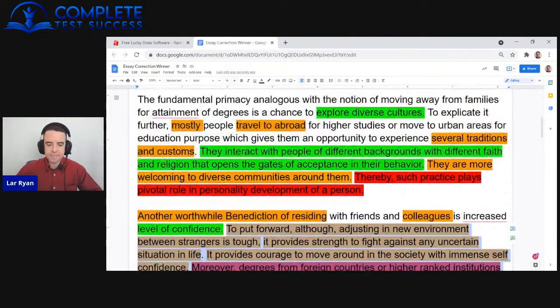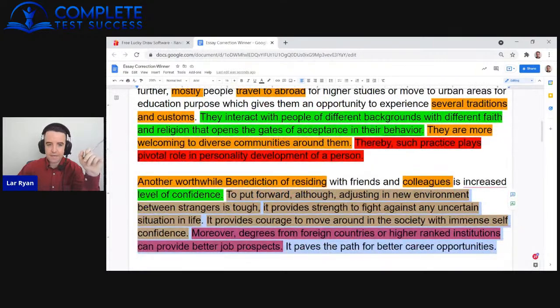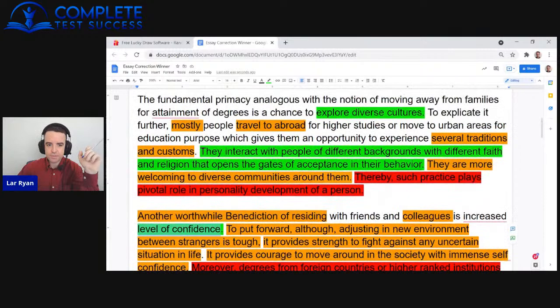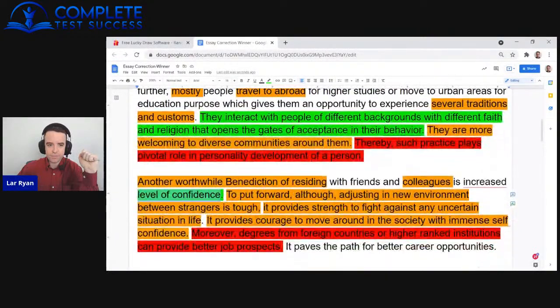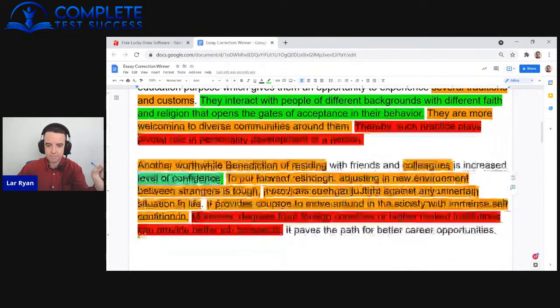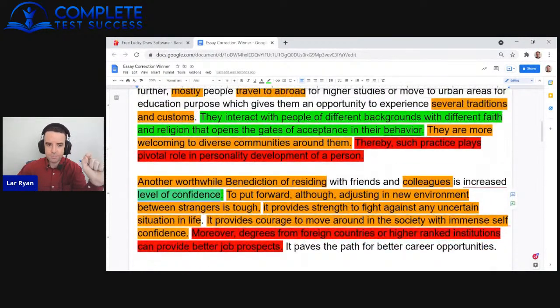And I still don't have a disadvantage. So far, we're looking at a band 5 for task achievement. If I can get a disadvantage, that'll bring it up to a band 6. But there's no chance of this getting a band 7 because there's no development of that idea whatsoever. There's no explanation of how living out of home increases confidence. So this might go from a band 5 to a band 6, but